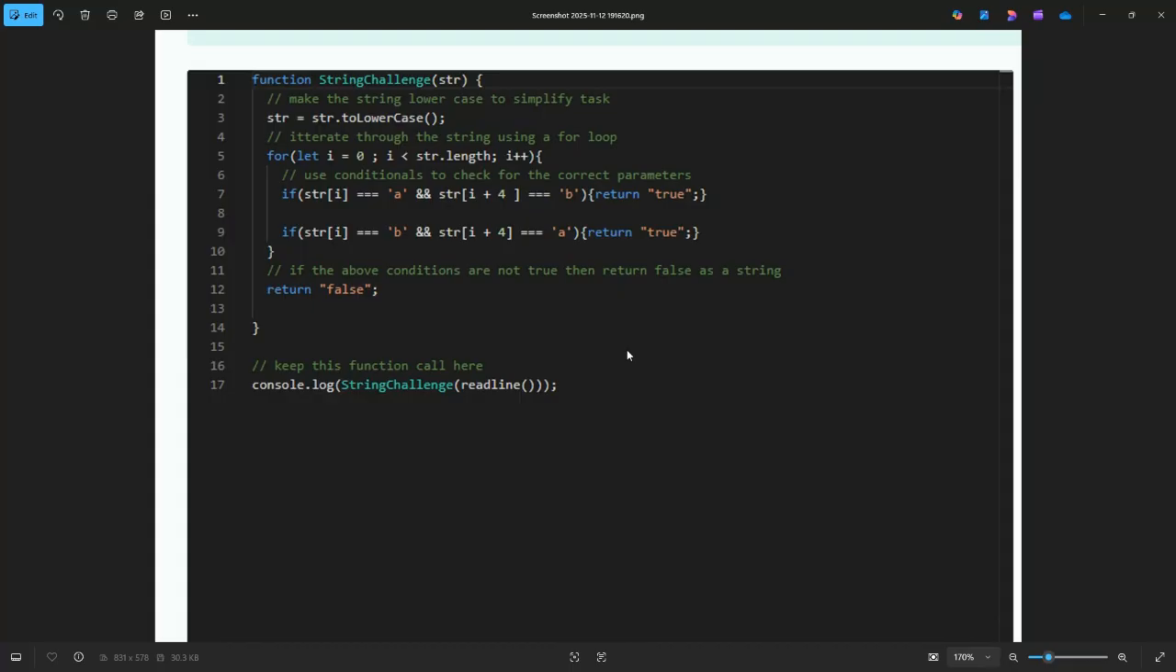index with bracket notation. So in the for loop, we use conditional if statements to check whether the string at index of I is equal to the character A, and if that's true, then we move on to the next part where the string at index of I plus 4 is equal to B. If that's true, then that satisfies the requirements for the instructions that we were given, so we'd return the string